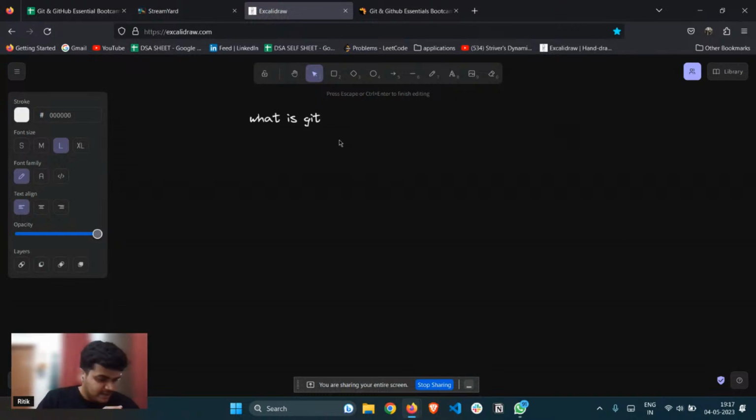First of all, I'll give you the flow of the lecture. First we'll cover what is Git, and then we will install Git Bash. Git Bash is a software which is used to manage your Git commands. After downloading Git Bash, we will do some commands related to Git. These commands will range from how to create a folder, how to create a